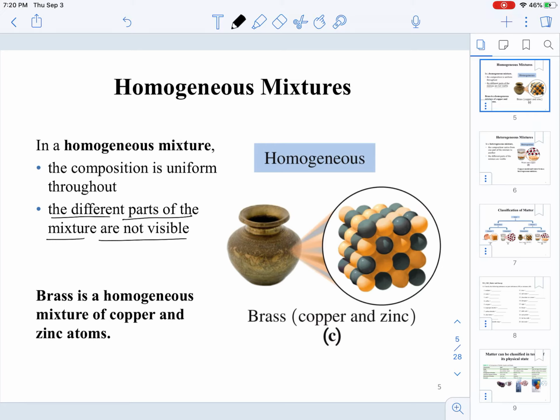An example of a homogeneous mixture is brass. Brass is an example of an alloy. Alloys are substances that come from the combination of different metals that are elements that are not chemically combined. For example, in the case of brass, as you can see, we have the metal elements,